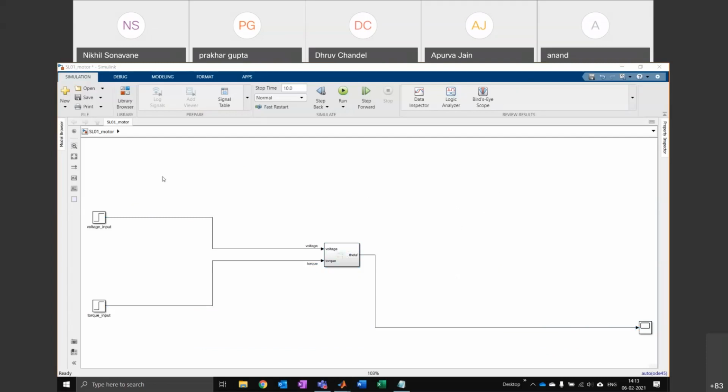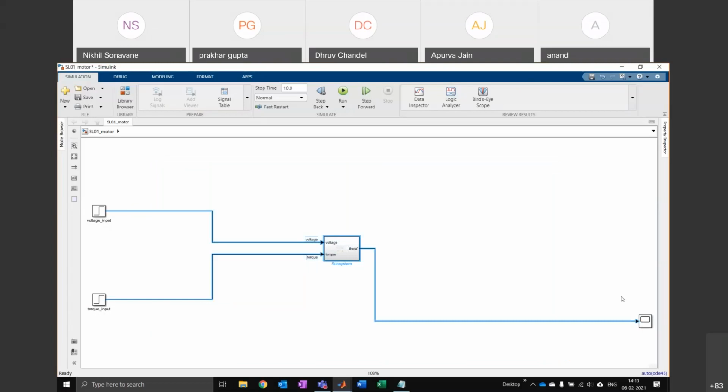Okay, so you select everything except your inputs and outputs, and then you press Ctrl G, and it will collapse into a subsystem. I see lots of yeses. People are able to do this. Okay. Now what has happened is all the mathematics, all the complexity of that motor has disappeared inside this block. And I don't have to worry about that anymore. I can just figure out the high level design now.